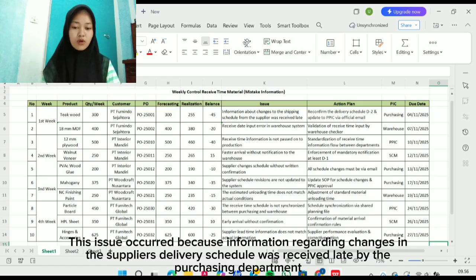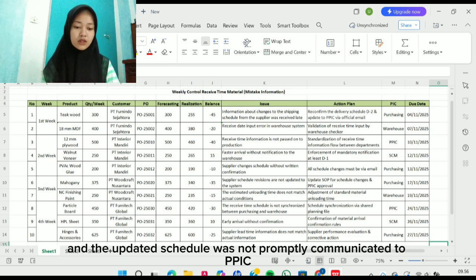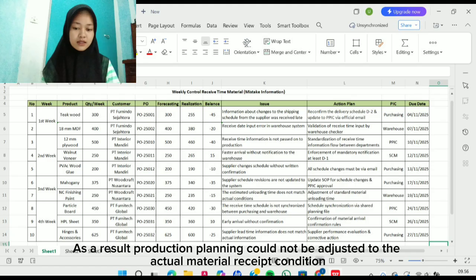This issue occurred because information regarding changes in the supplier's delivery schedule was received by the purchasing department, and the updated schedule was not promptly communicated to PPIC. As a result, production planning could not be adjusted to the actual material receipt condition.